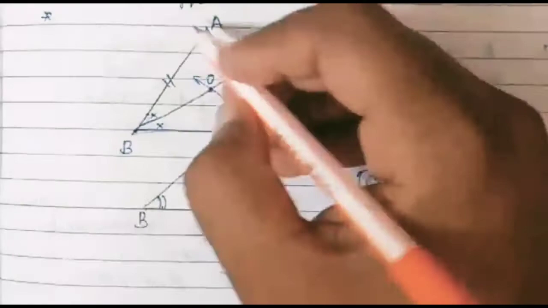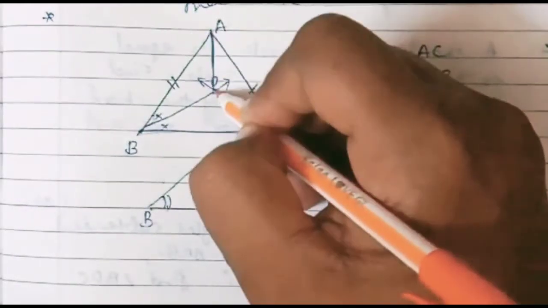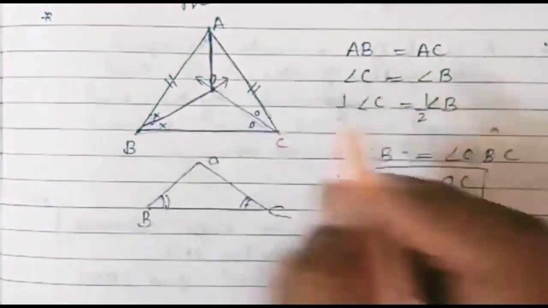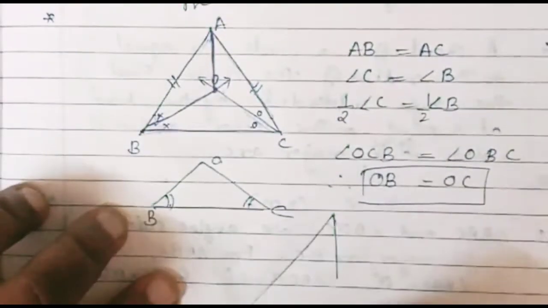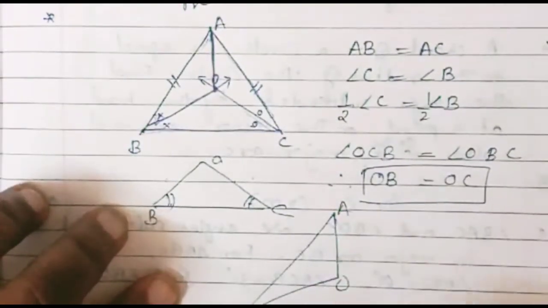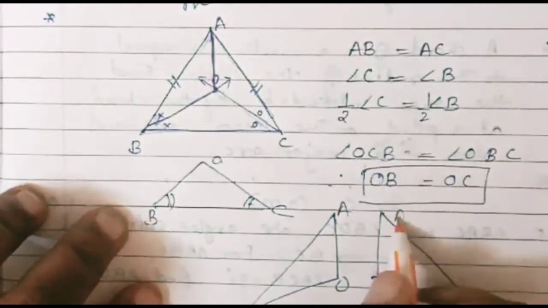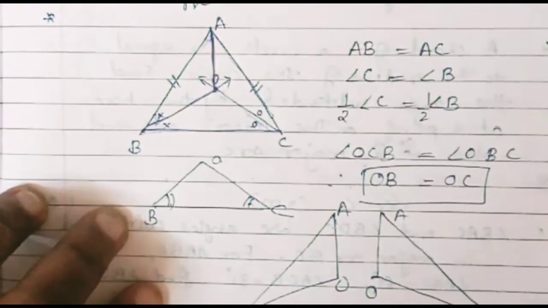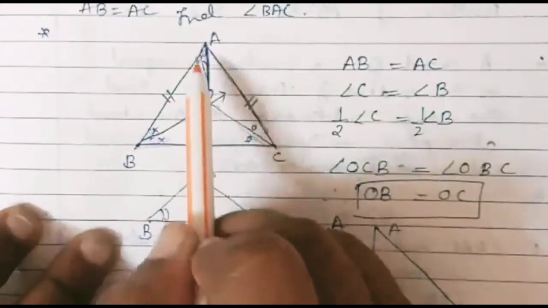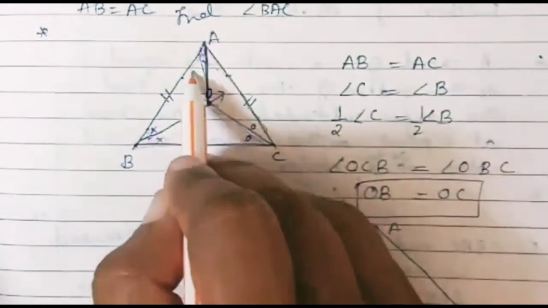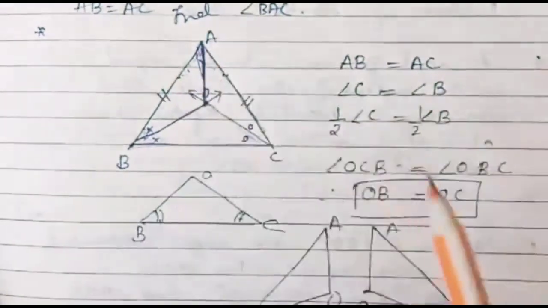Now still we have the second part left. Now we will join AO. So you have triangle AOB and triangle AOC. Let us draw it separately so that you can understand now. This is AOB and the second one is triangle AOC. Please see carefully now. We need to prove that this ray AO bisects angle A. So we need to prove the second result, as AO bisects angle A.